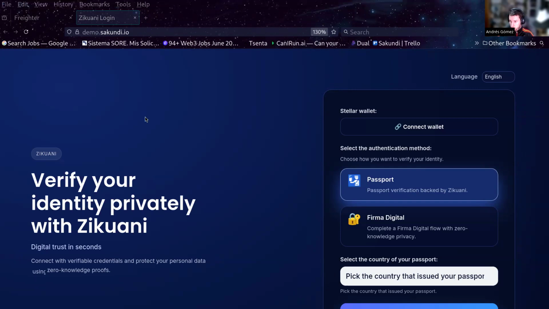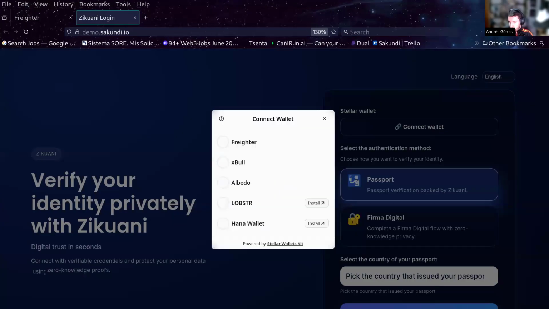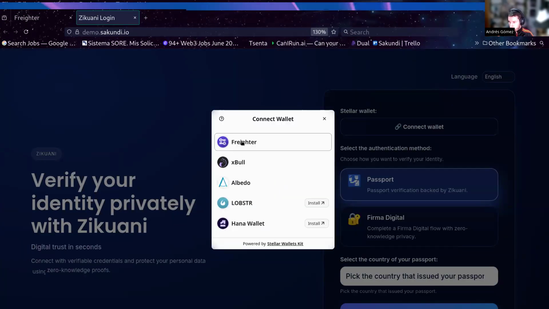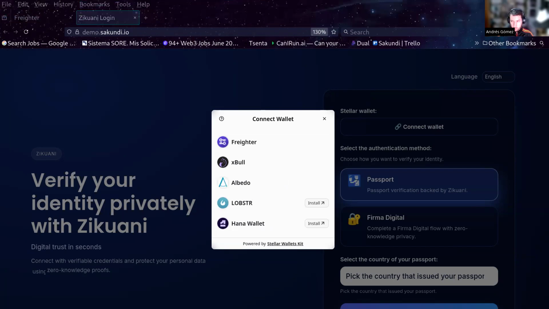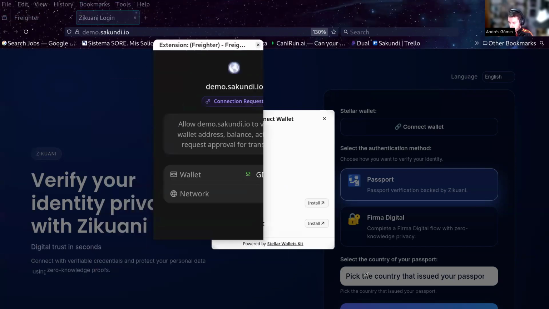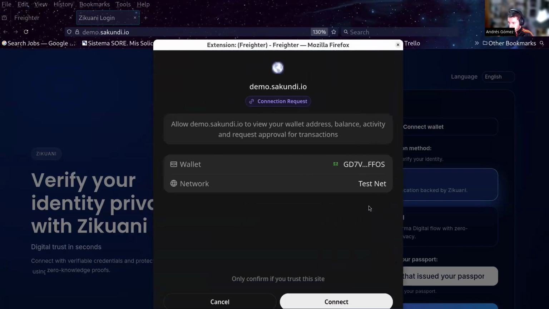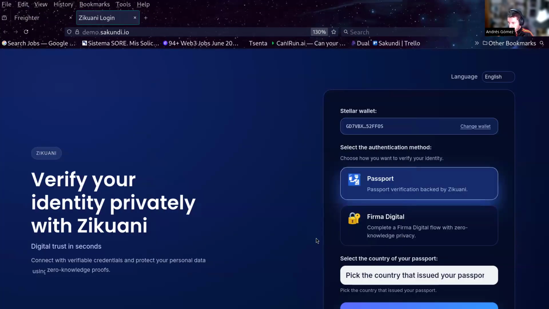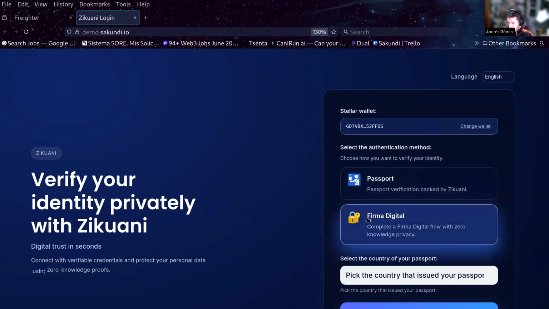So the proofs are going to be generated by some Circom circuits, and the verification is done with some Stellar smart contracts. So first of all, you have to connect your wallet. So I have selected this address starting with GD7. And then I'm going to select this Prima Digital, which is